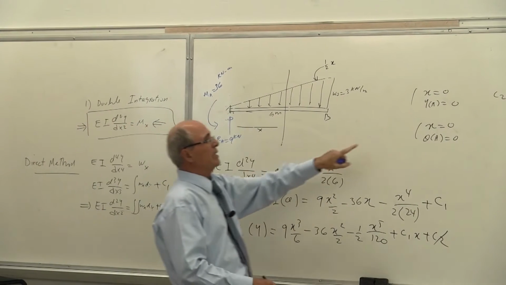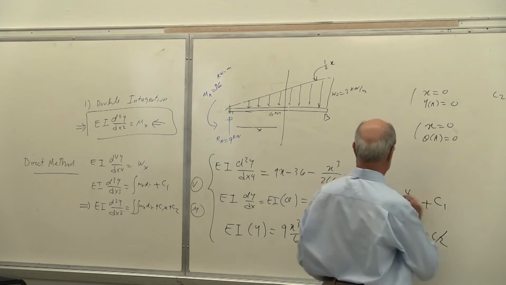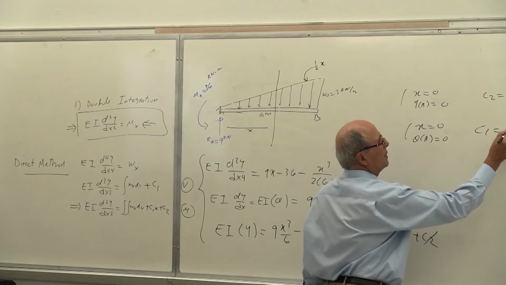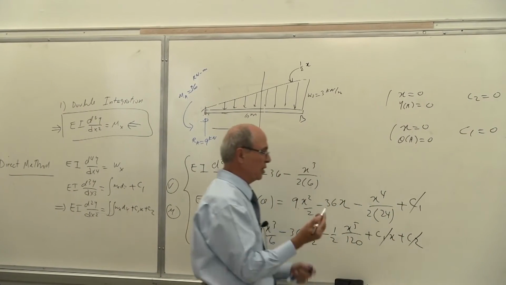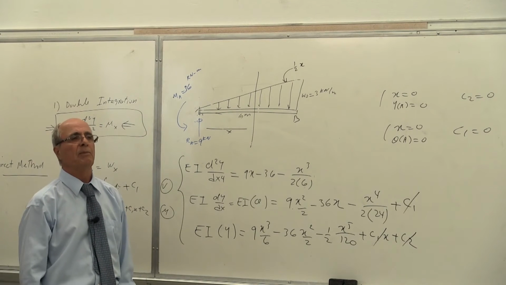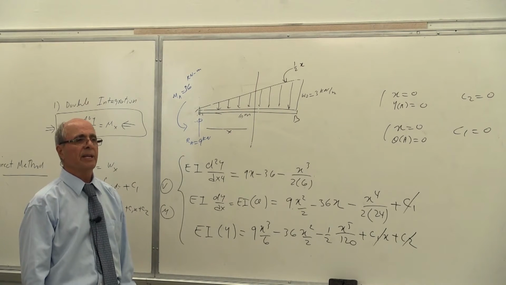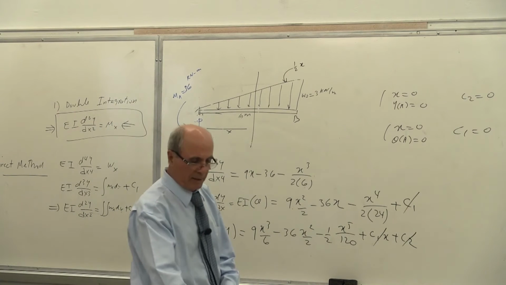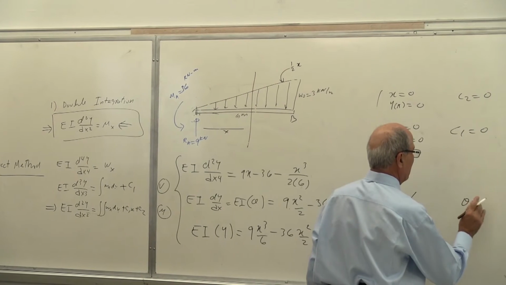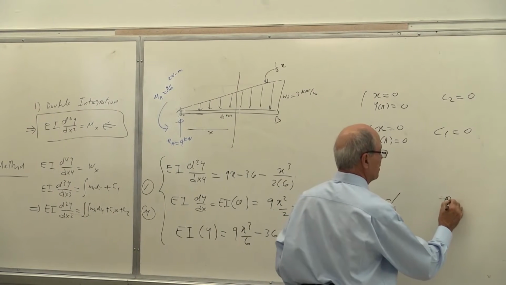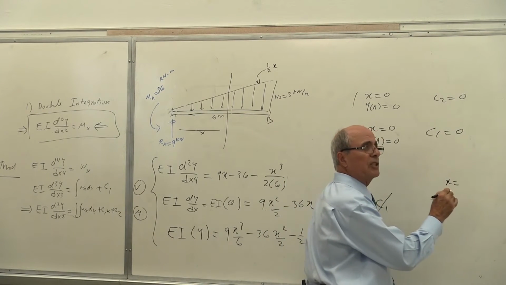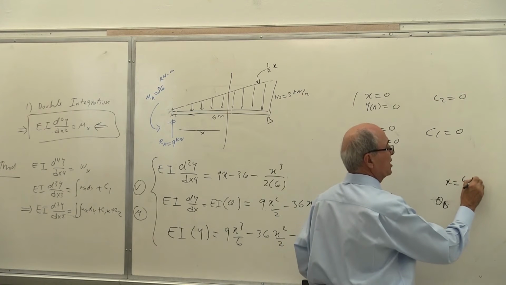Everybody knows that. So at x equal to 0, theta equal to 0, as you see here again, 0, 0, 0, 0, C1 must be equal to 0. So this is gone, so this is the equation of theta, and the problem is solved. Everybody understand that? Yes? Correct? All right. Now, let me finish the problem. When you want to calculate theta B, that's what you wanted, you have to put in this equation x equal to what? X equal to 6 meters. Is that correct or not?